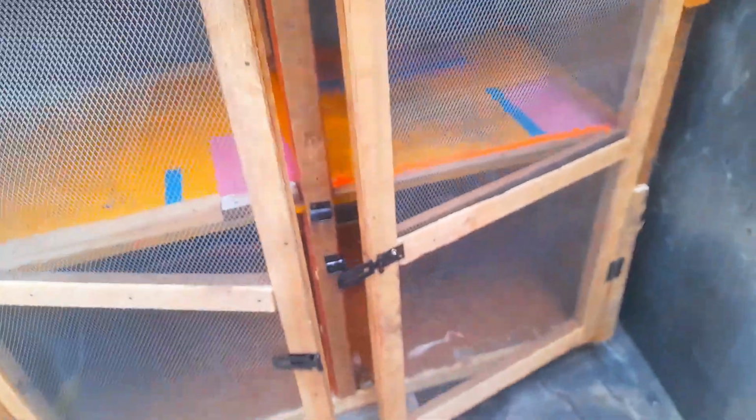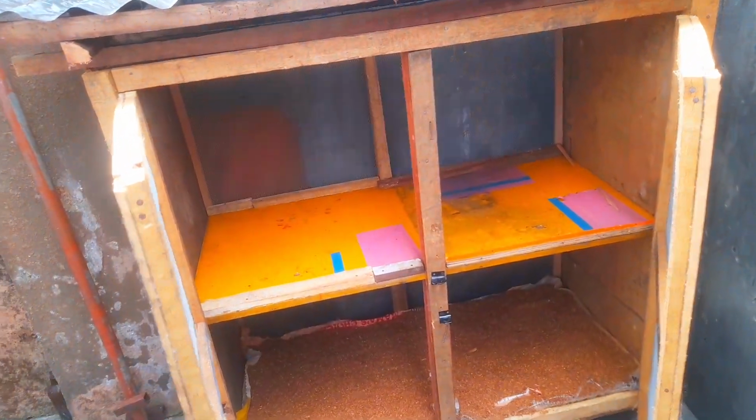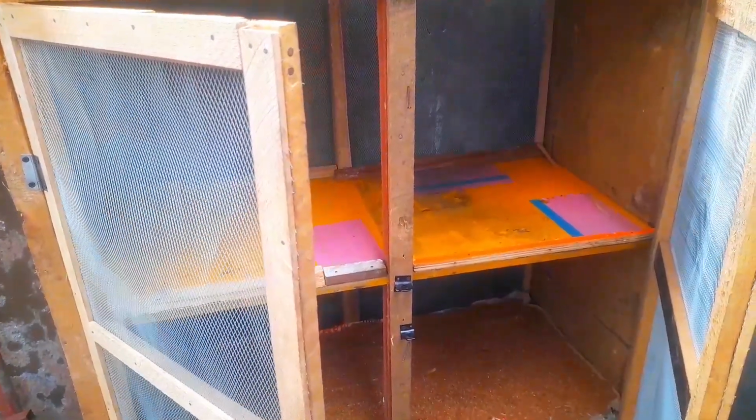So I put net at the back and front for a lot of ventilation. That's another secret too, I'll come to that. Okay, so for a lot of ventilation. So this is how simple I did my cage, but I had to make sure there was room for